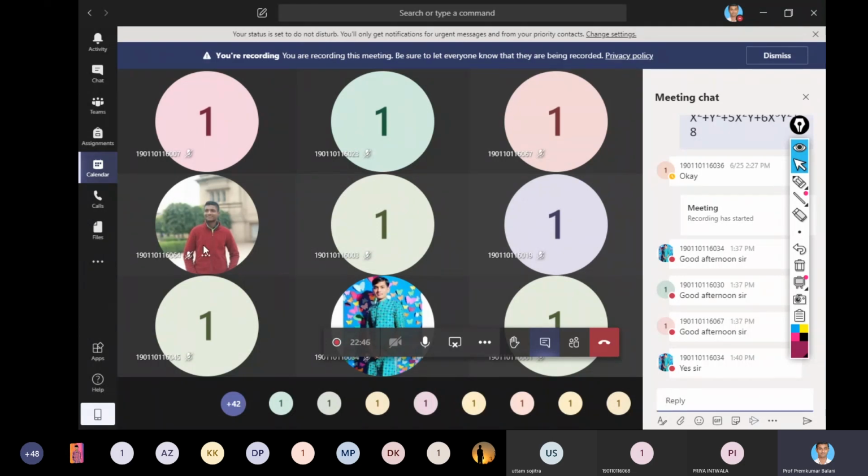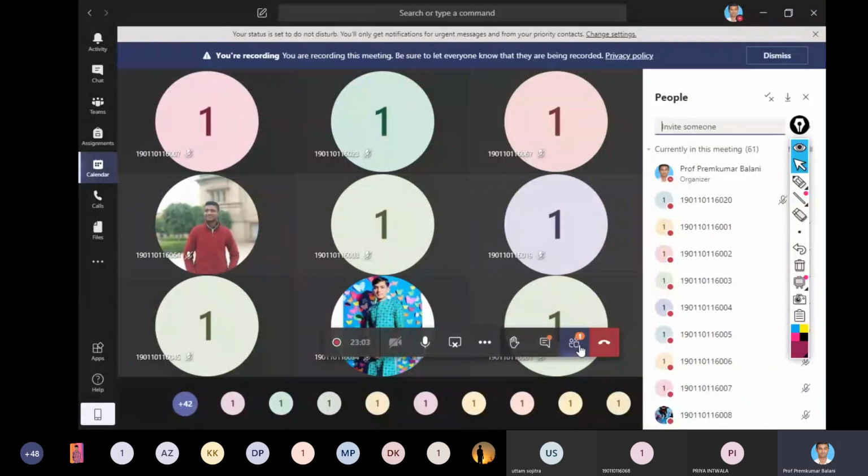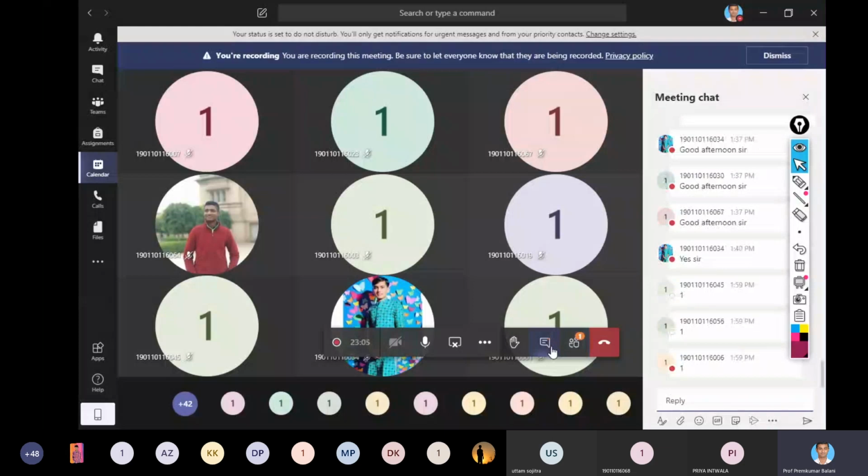How many of you are attending this lecture through mobile? Type 1, 2, 3 and so on. One after one, we have to type. Okay, all are typing together.